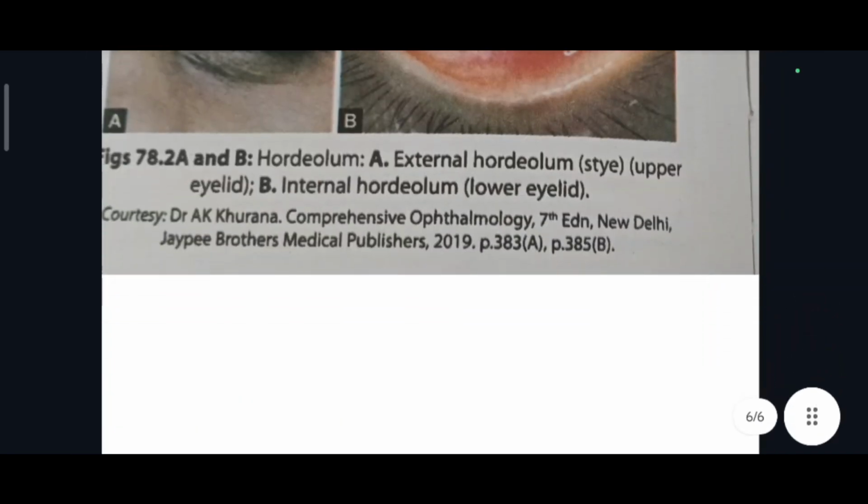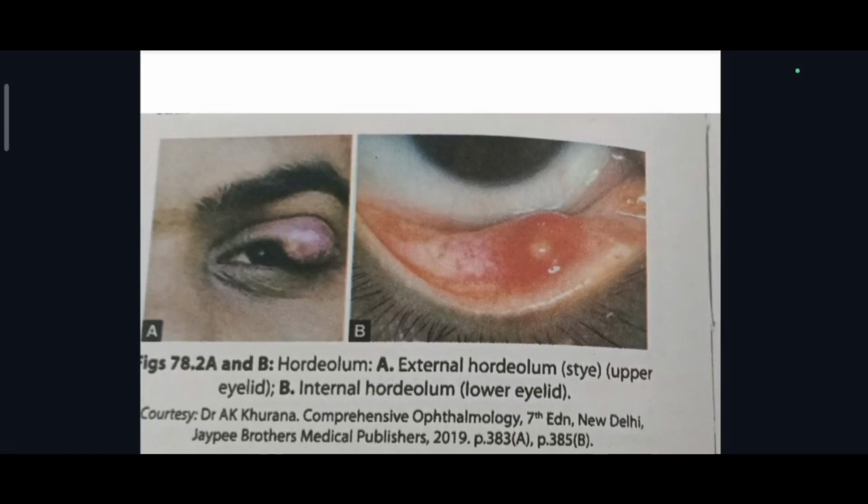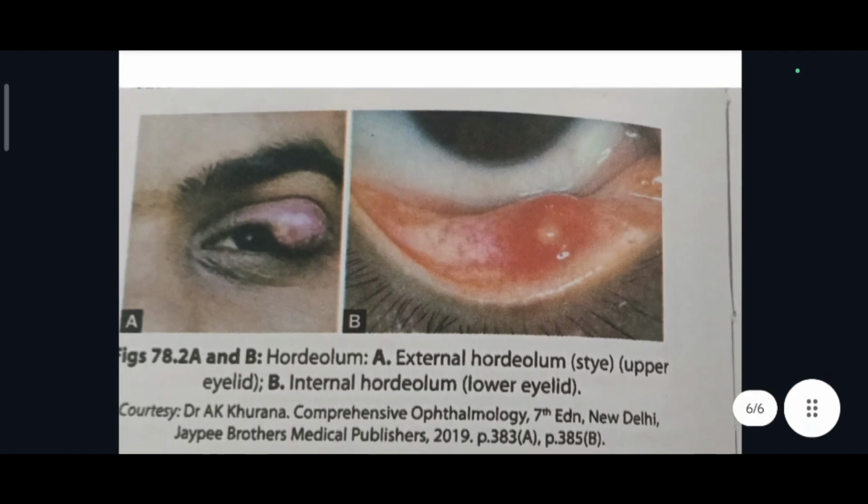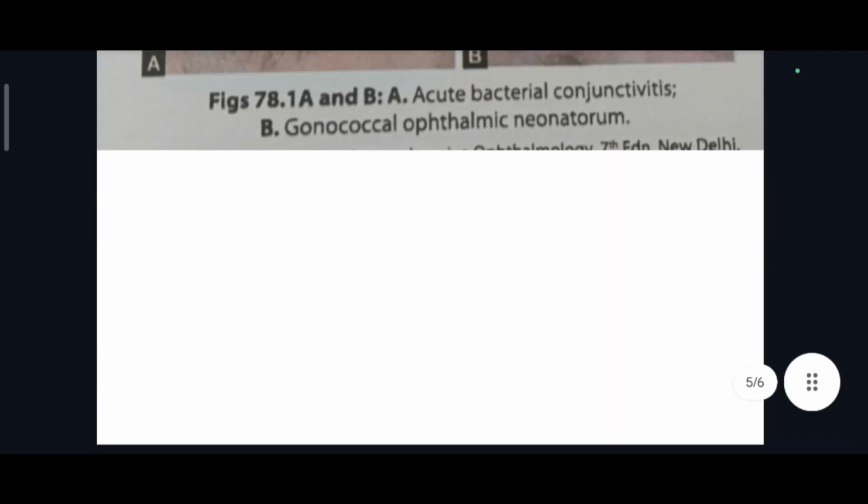These are also given in the Apurba Sastry textbook, as you can see here. So here A and B are hordeolum, in which A is the external hordeolum on the upper eyelid, which is also known as stye, and B is the internal hordeolum, which is present on the lower eyelid. So after